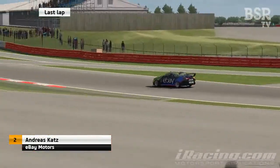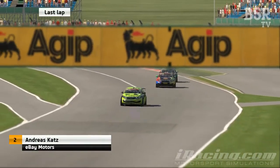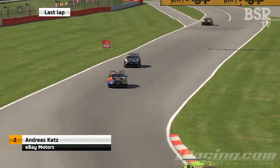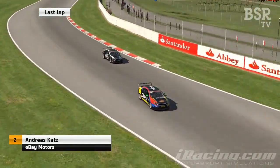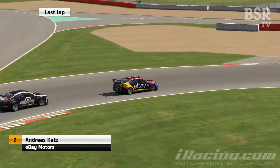Yeah, a little bit. Maybe some of that damage will start to take a toll as well. I think the mistake that we saw a couple of laps ago is what's done it for Chepelewski. He has pulled some time back, but just not enough. Of course, it wouldn't stop me. I'd probably throw one at him anyway. Well, there's a little mistake there from Katz, so...